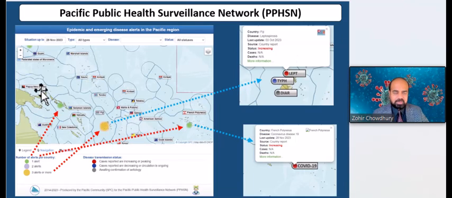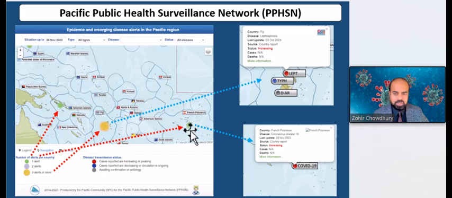Looking at the specific surveillance system in the Pacific, here is a map that is viewable to the public. You can focus right here. The Solomon Islands, for example, currently has one alert, and this is from 28 November 2023. So one alert is happening. You can click it here, and then you can see what's going on. At the same time, we also see one alert in French Polynesia. You can click in here and you can see that there is increasing coronavirus disease 19 currently